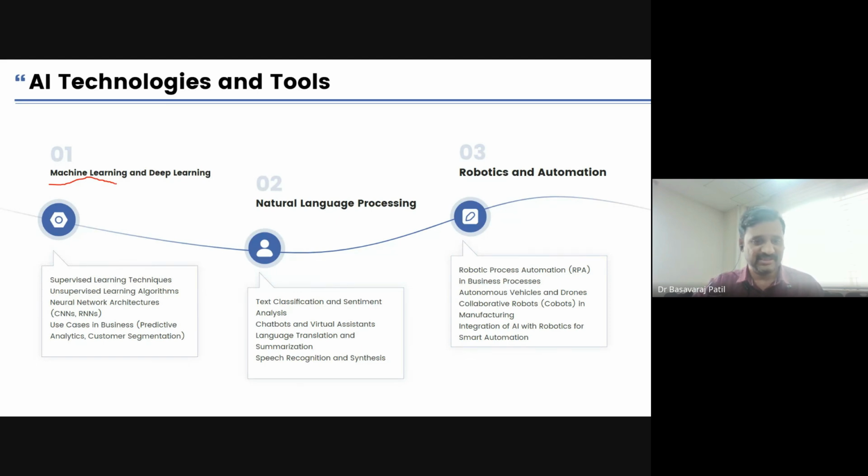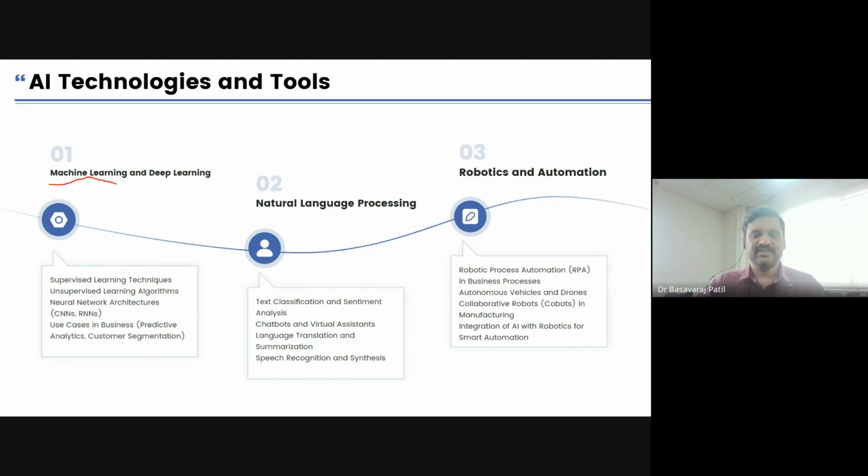There are different kinds of machine learning techniques: supervised, unsupervised, semi-supervised. I'm not going into detail with these because that is a different aspect to get into. Machine learning is a very vast learning area where we can explore, and a lot of courses are available free of cost, so we can guide our students to undergo the courses. In the first year itself, we can make them learn the fundamentals with one or two programming languages like Python or Java, and try to implement these simple basic ideas as mini projects or case studies. That is how we can evolve learning skills and research based learning in the students.